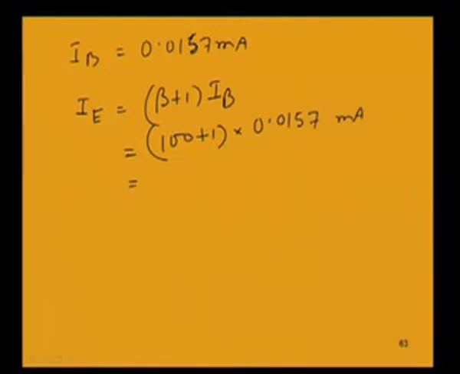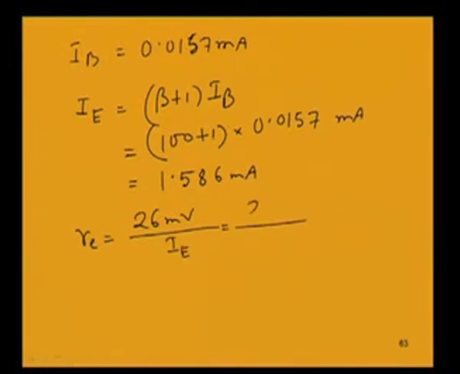So, what we will be getting is 1.586 milliampere. So, knowing the value of I, we can now find out the value of small re. We know it is 26 millivolt by capital I capital E. So, putting these values, we get 26 millivolt by 1.586 milliampere,